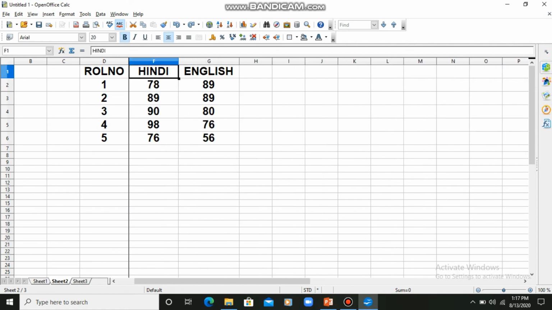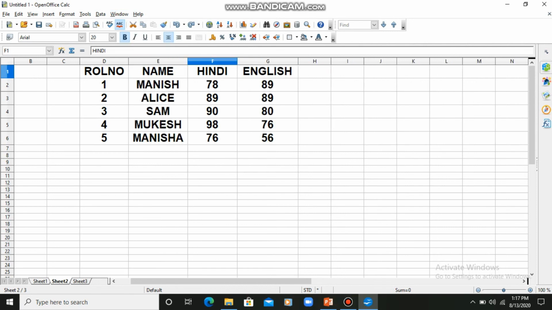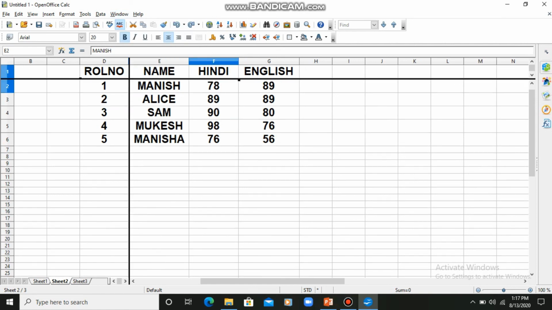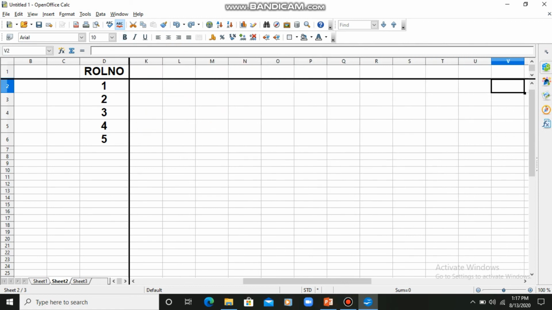Now what I will do? I will again click on this option. Now students, I can also split my window. So see what happens when we split our window. Suppose I am clicking here and I want to split my window. I will click on the window and then click on the split option. So I am splitting my window. If I click here and click on the split option, see, now my window is split and data will be available on the 2 sides. This is my first window, this is my second window, and data is available on both the windows on which I am presently working. So my window is now split, students.